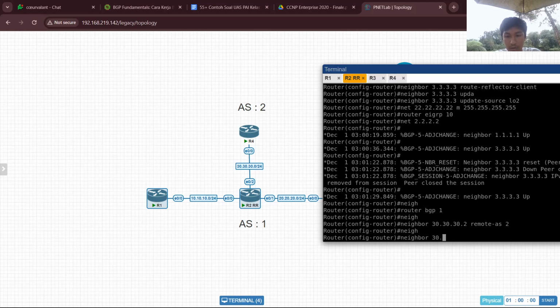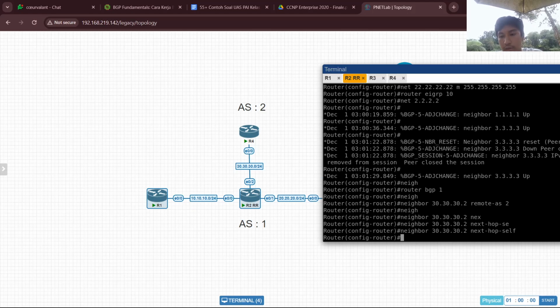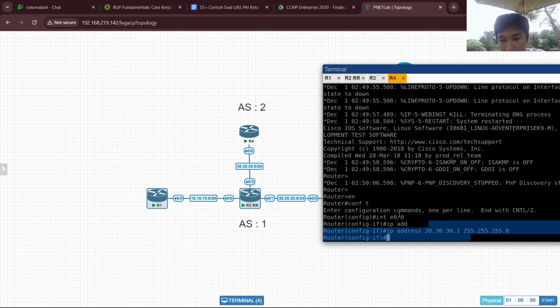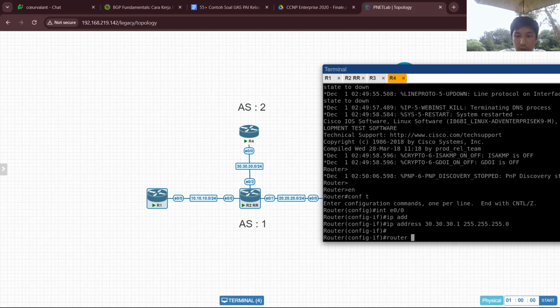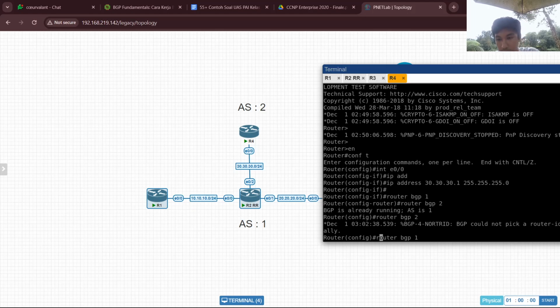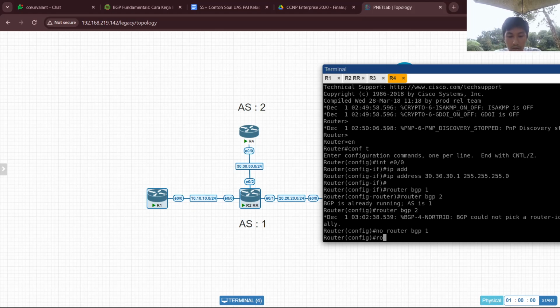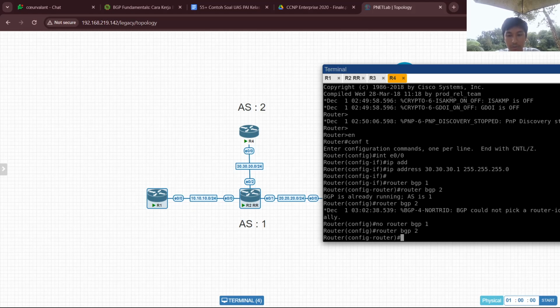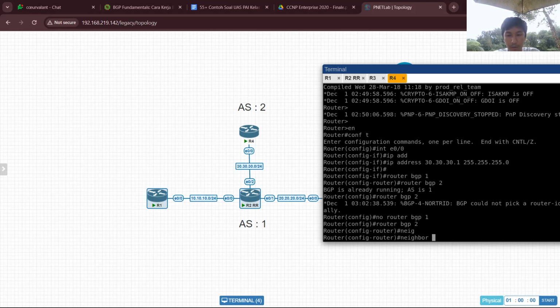Neighbor 30. And on router 4, we configure the BGP to connect this router from AS 2 to AS 1. Sorry, delete it. Router BGP 2, neighbor 30.30.30 remote AS.